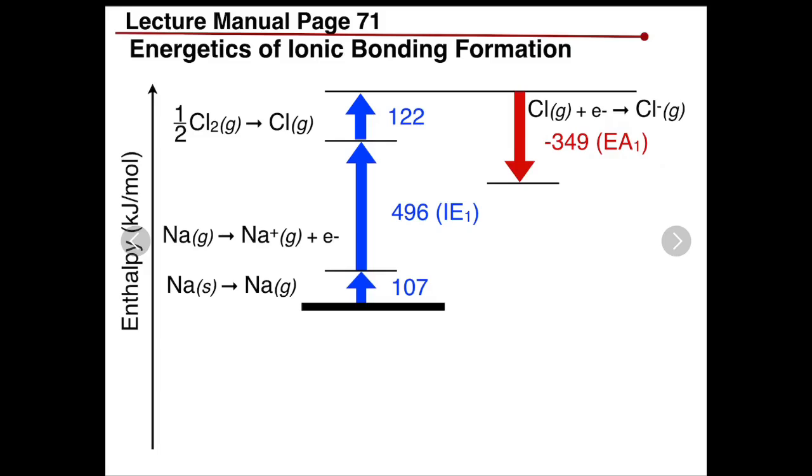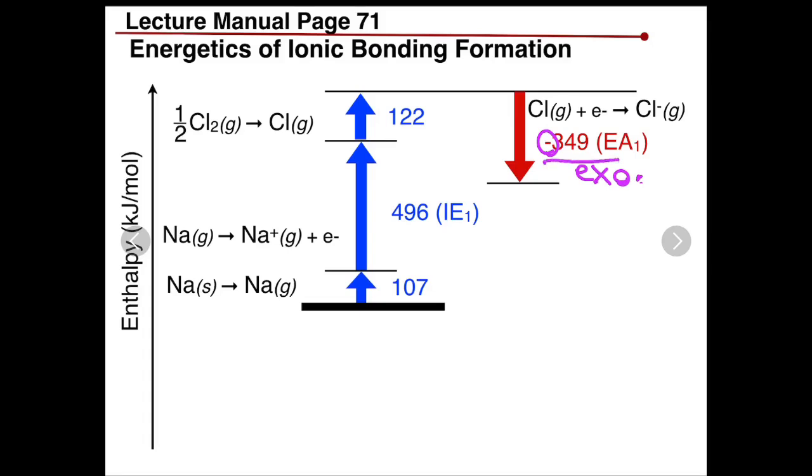And in this process, when chlorine accepts an electron, the nucleus of the chlorine attracts the electron. This is going to be a favorable process, which indicates an attraction force between the electron and the nucleus of the atom. Therefore, it's going to give off energy. That's why, as you see here, it has a negative sign. The negative sign tells us that this process is exothermic, which means that this process will happen, and in order for it to happen, it needs to release heat